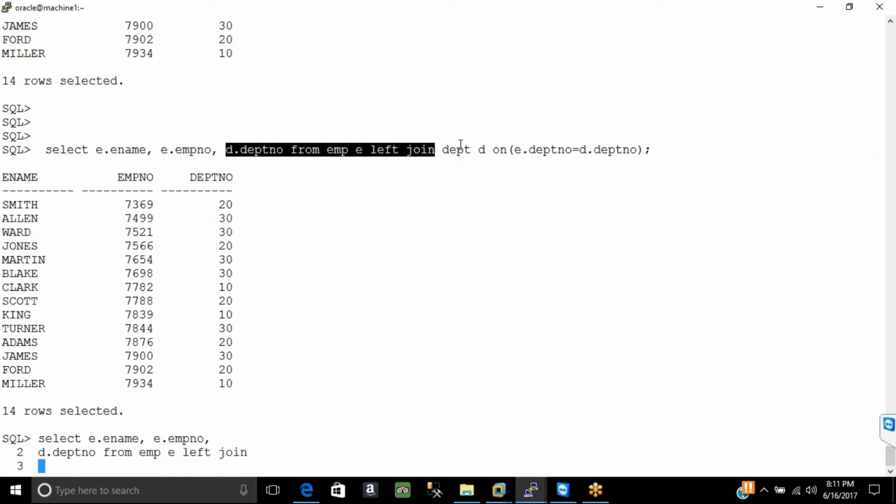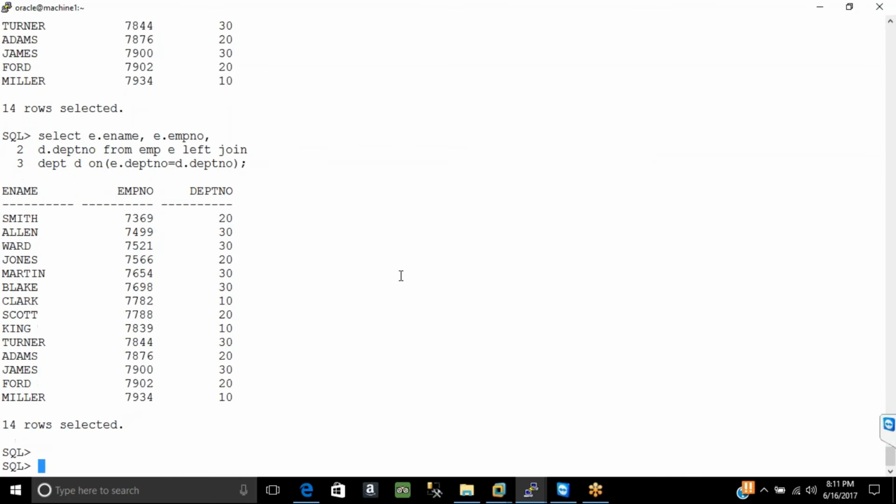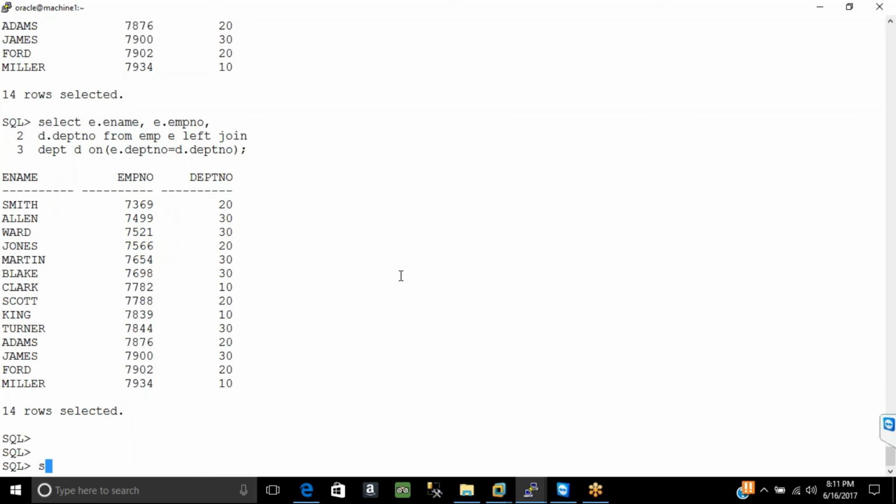Something which has some dependency might not work, but you'll understand why it's not working. Because there is no error in the query, so it will work. Got it. Okay, so let's start from